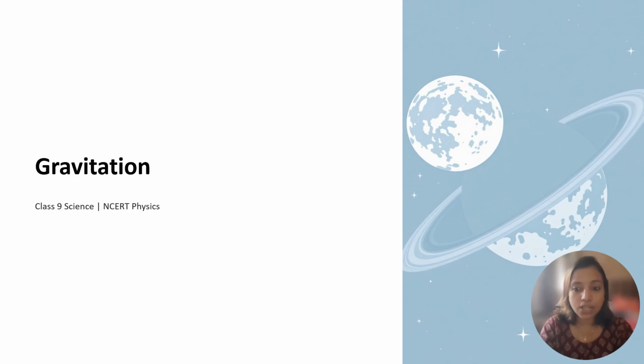Or even us, we are standing on the earth surface. So that means earth is pulling all of this and even us towards its center. So there's this attraction between earth and all of these objects. This kind of pull or attraction is known as gravitational pull. Okay, so this is gravitational pull that acts between earth and all of the objects.